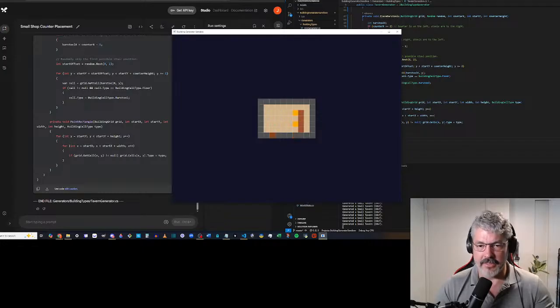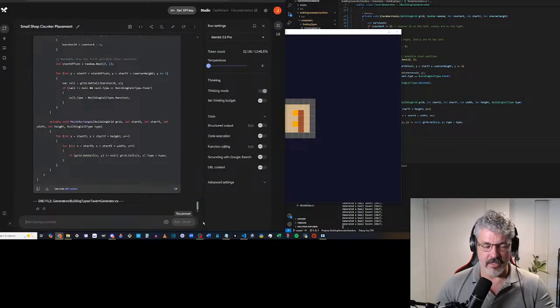Okay, I'm liking this. I'm trying to decide. I think I should put a table, just one table. So make the table yellow, so hopefully it'll be a little brighter than the orange. All right, now let's make a table. The table will be a 2x2 tile asset.